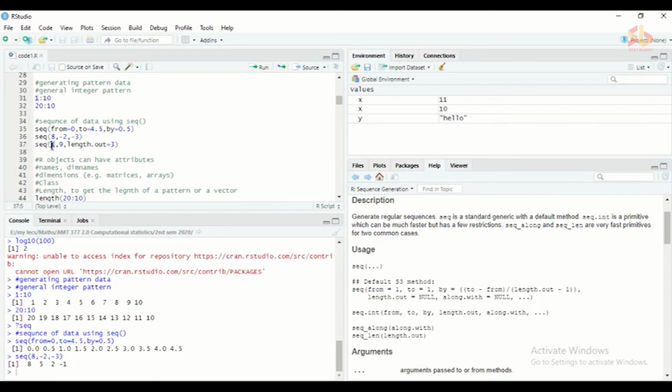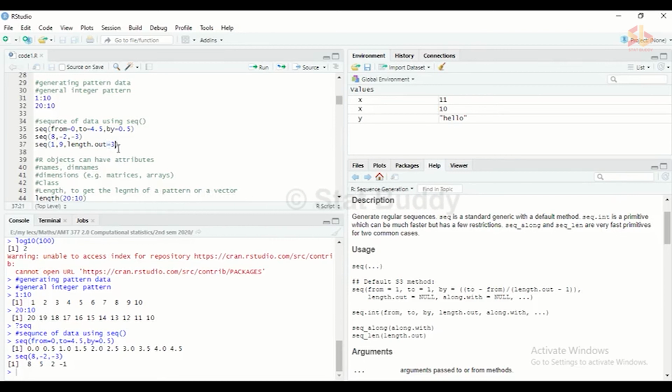Apart from the start and end points, this is a special case because length out is in the order as the 4th argument. If I need to call an argument before its order, I have to write the argument name and use the equal sign to assign numbers to that argument.